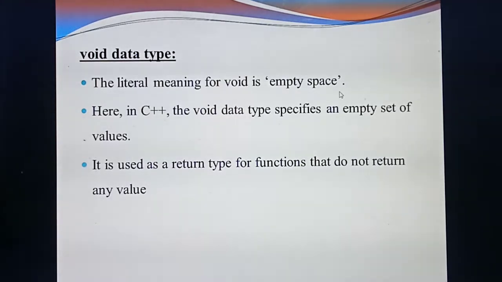Understand? So you have studied the 5 fundamental data types. Very important. What are the 5 data types? Integer, character, float, double, and void. What do you mean by integer? Normal numbers. Float means point numbers. Character means characters, A, B, C, D, or words. Double means precision, that means some significant number of digits after the decimal point. Void means an empty set of values. Understood? This is all very basic. I am going very slowly, so you should be thorough about these 5 data types.